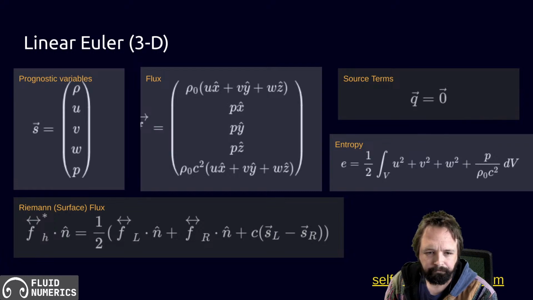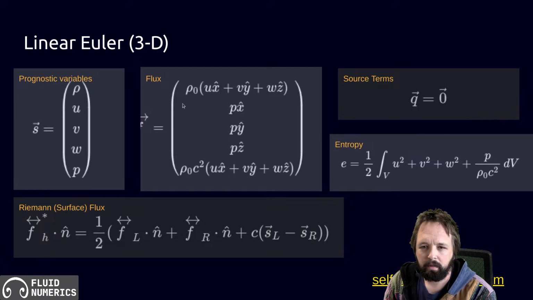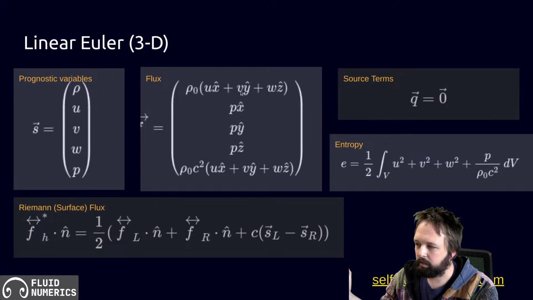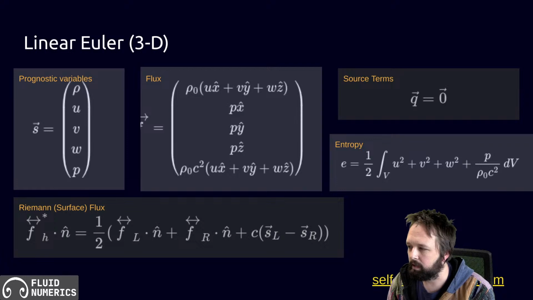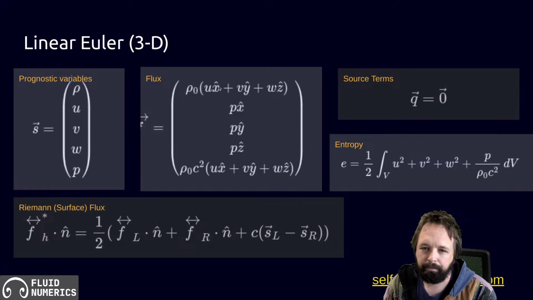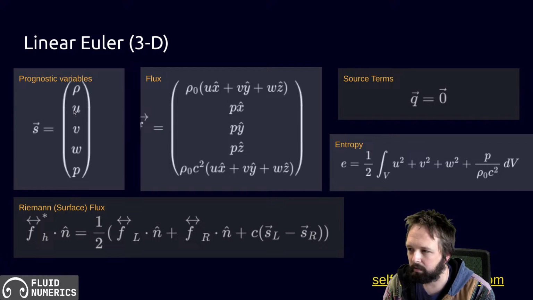So great. Now the flux term here for the linear Euler equation, much like in the 2D case, there's nothing crazy going on, but we have basically mass conservation, so really expansion and contraction of the fluid can increase or decrease the density locally. So basically we have rho naught times u vector, and then we have the pressure gradient force, which we can implement using a flux vector. So p in the x direction for that vector gives us a pressure gradient, dp/dx essentially for u. We can do the same thing for y and z,